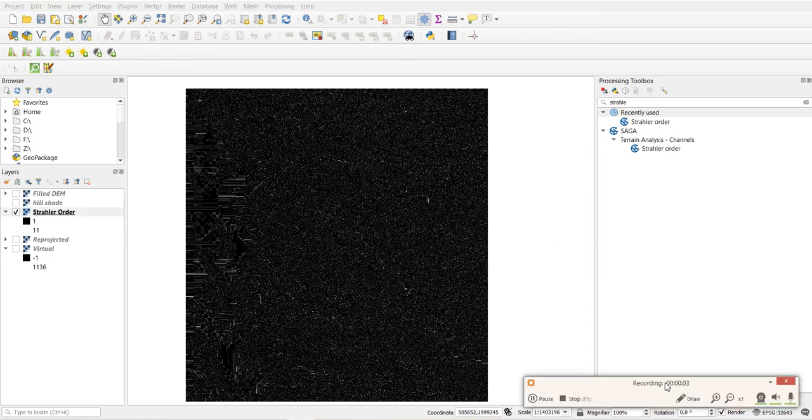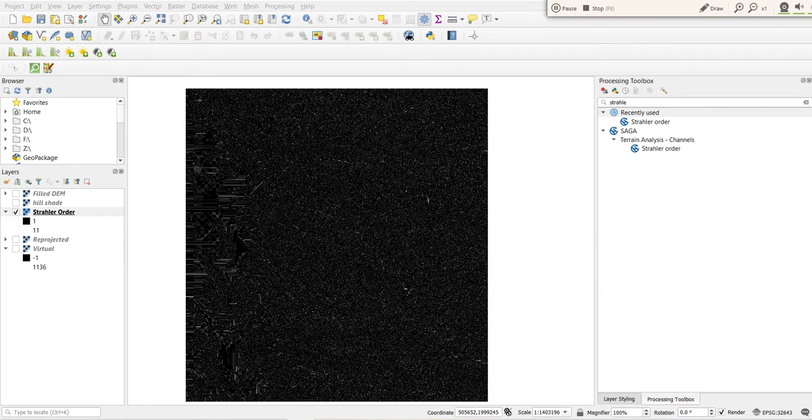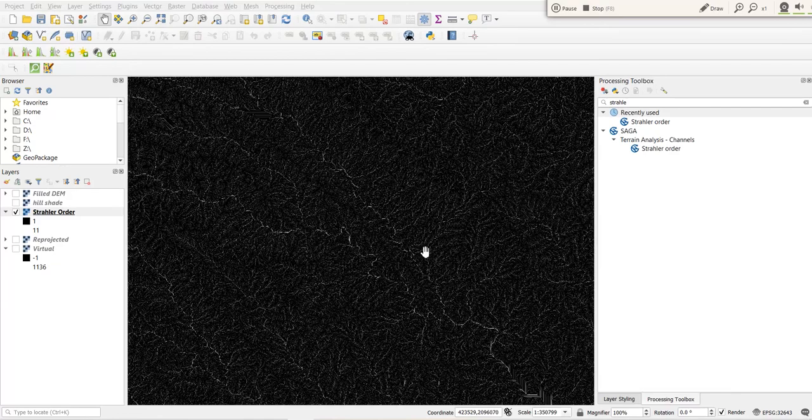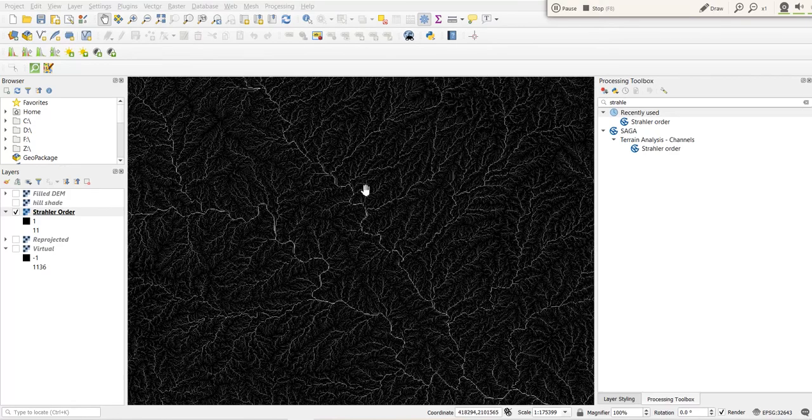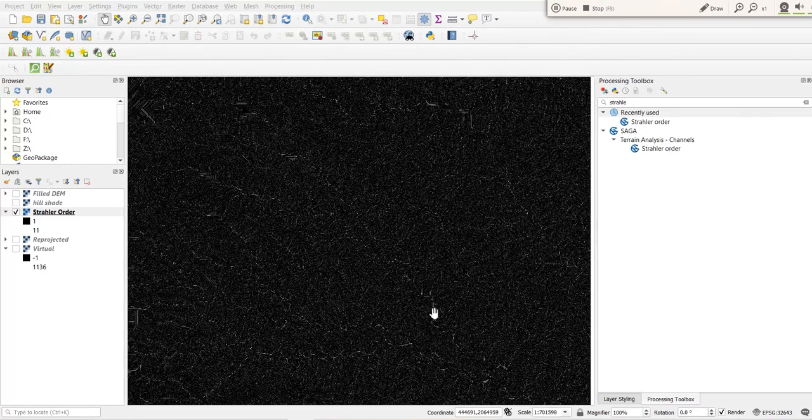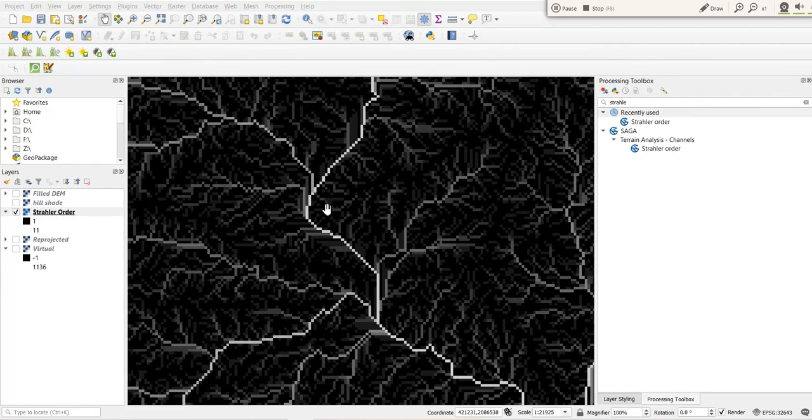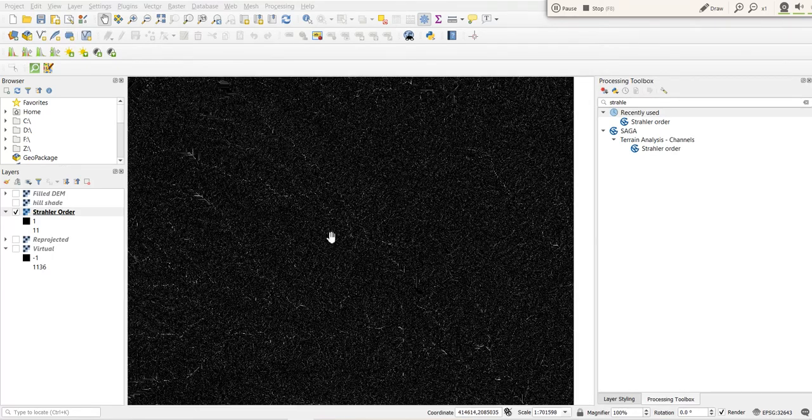So we do the Strahler order. Actually some error is coming there, so it will take some time. After Strahler order, this is the file. This is how the raster image looks like. Zooming in, we can see some streams meeting in some main streams, and this is how it finally looks, that Strahler order raster image.